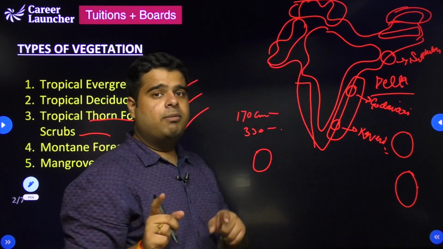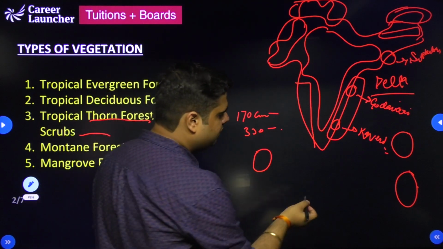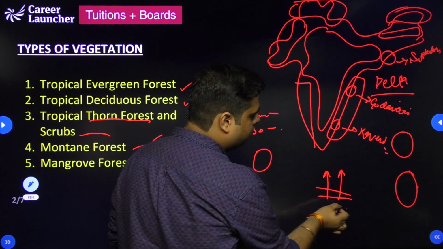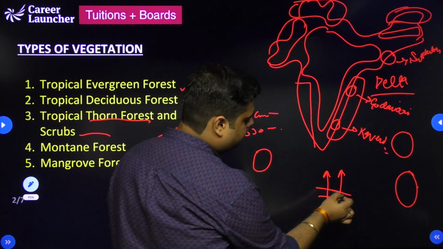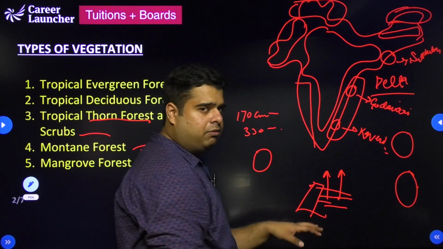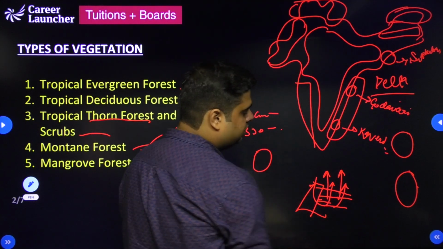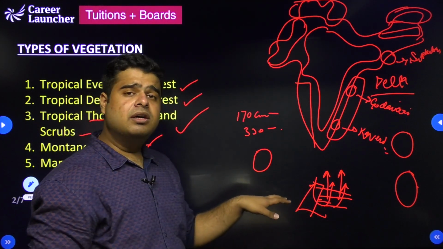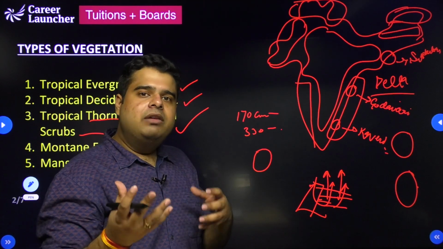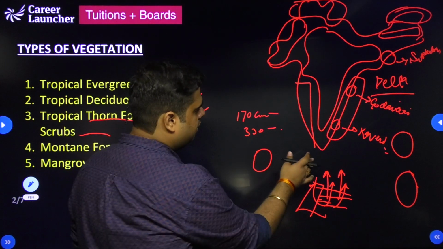And the interesting thing about these types of forests is that they contain trees which have their roots rising above the water level. Suppose this is the sea water just around the shores, which is not very deep, but the roots of the trees will start coming up above the surface of the water. And these trees have a special characteristic in which they can deal with the salinity of the sea, the saltiness of the sea water. Okay, moving ahead,